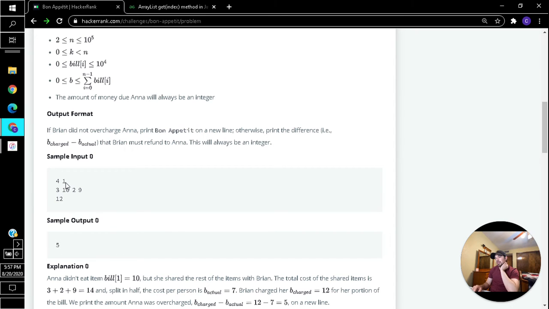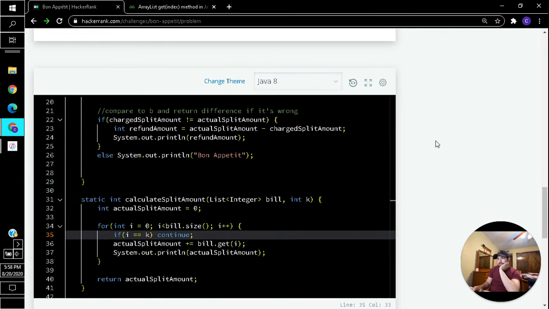Oh. All right. 3, 5, 14. Yeah. 10, 12. Yeah. So it's got to be the first one. So it's 5, 14. Divided by 2 is 7. So 7 minus 12 is 5. Okay. So theoretically this should work, but